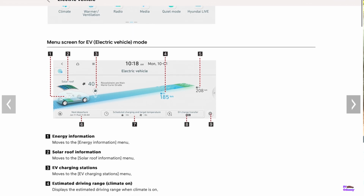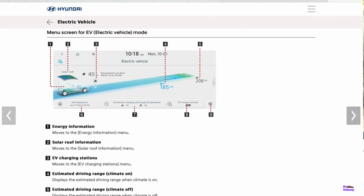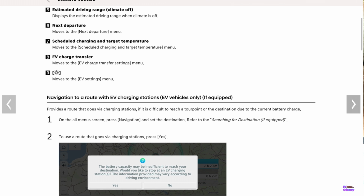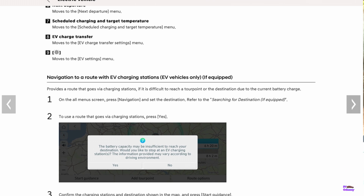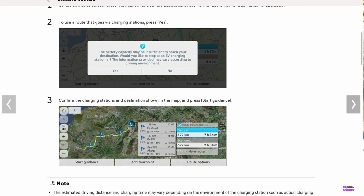As you can see, it looks like it's for the Ioniq 5 originally because of the sunroof, the solar roof. But if you scroll down, navigation to a route with EV charging stations, vehicle only. And there's a familiar message: the battery capacity will be insufficient. Would you like to stop at EV charging stations? And then underneath, you've got the route it's planned, along with the percentage status of charge